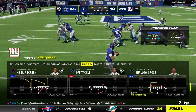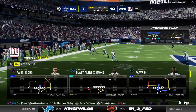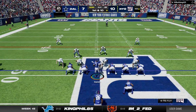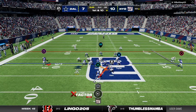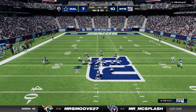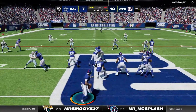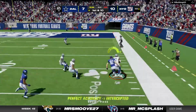And defensively, they were in zone coverage there. Do you have to be a little careful playing against a good quarterback like he is to not play too much zone? Yeah, you have to be careful about how much time you're giving up. I think it's a good point you just brought up. So maybe if you still want to play zone, you go to a zone blitz scheme. And you can drop anyone out of your defensive front, defensive end, defensive tackle. It doesn't matter. You just exchange someone to bring more pressure towards the quarterback and still try and...